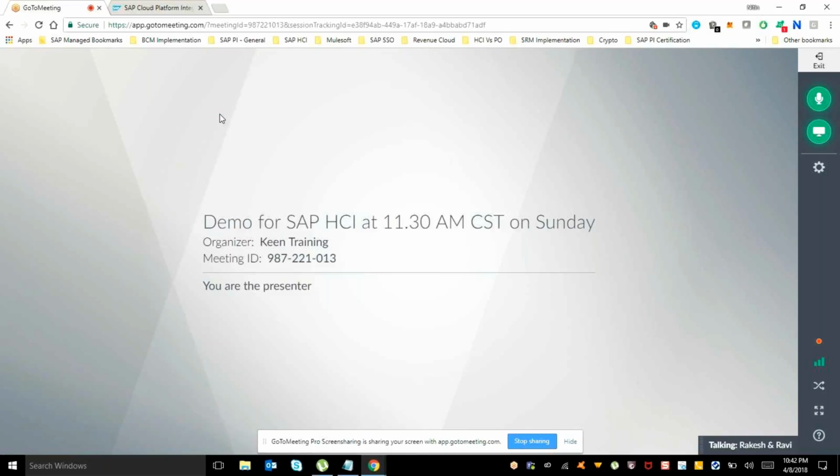One question, Rakesh, Ravi here. When you have a license for HCI, and I have an ERP in my on-premise landscape, to exchange data with a third party using HCI as middleware from ERP, do we need a Cloud Connector to exchange data between the on-premise ECC and HCI?